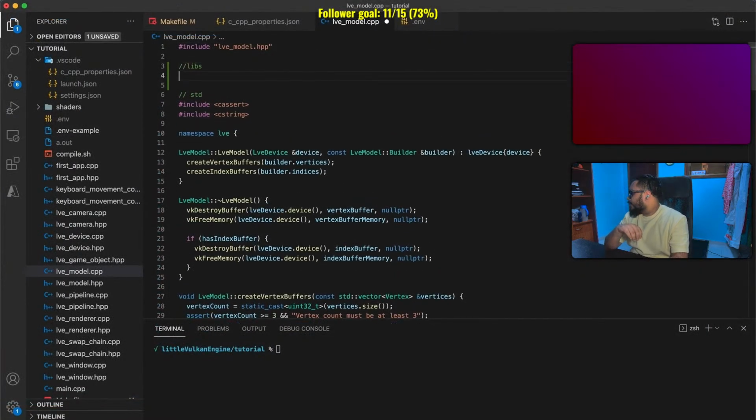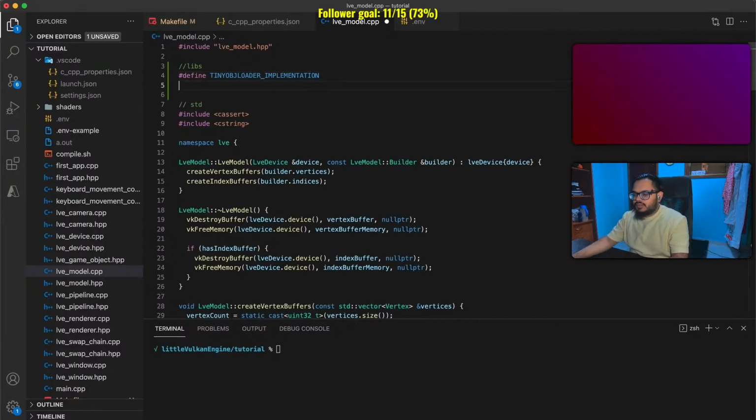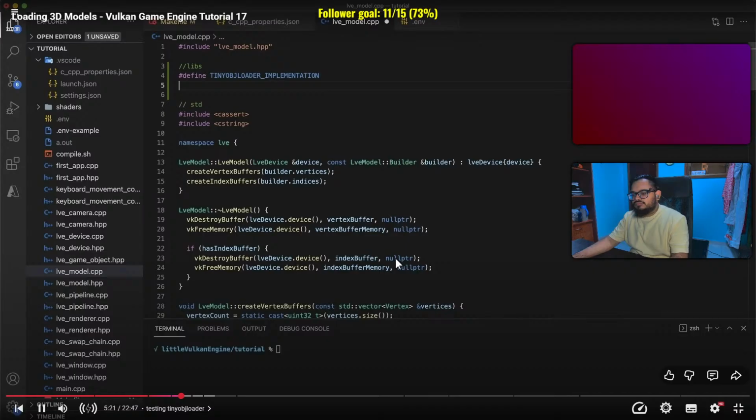Open the model implementation file, and near the top, first define TINYOBJLOADER_IMPLEMENTATION. You only want to have this defined in a single CPP file within the entire project. The define signals to the preprocessor that this file in the project will contain the implementation for TinyObjectLoader. Then include